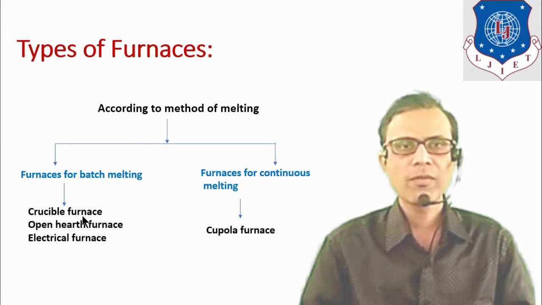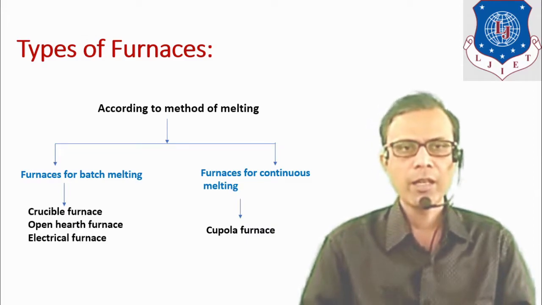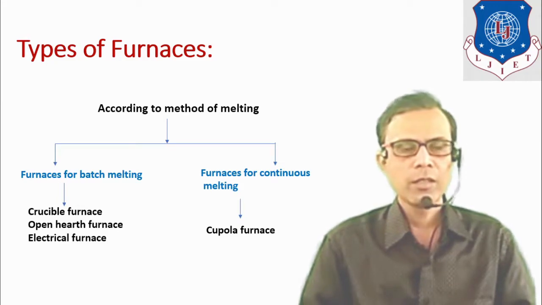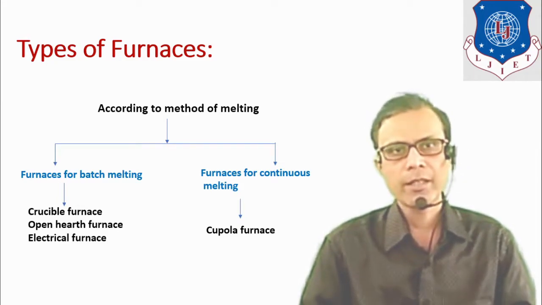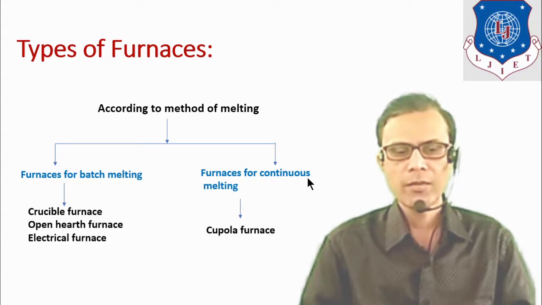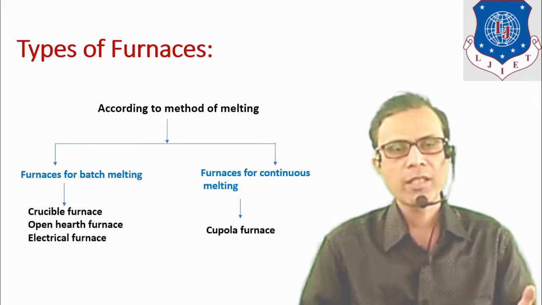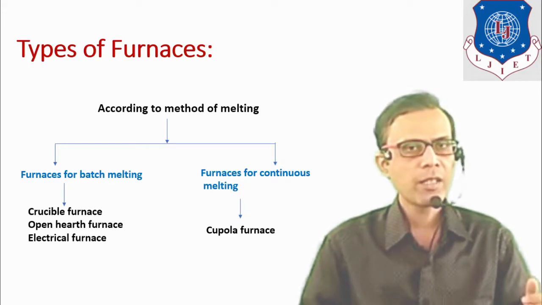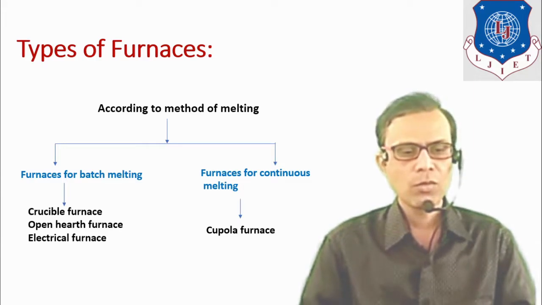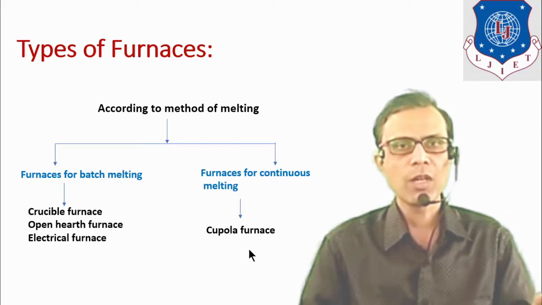In case of crucible furnace, the fuel used is coal, and in case of electrical furnaces, the heat is obtained by electrical resistance. Another type is furnaces for continuous melting, where the capacity of the furnace is large, so a large quantity of metal is melted and it is a continuous operation. In that category, the furnace used is known as cupola furnace. We will see in detail